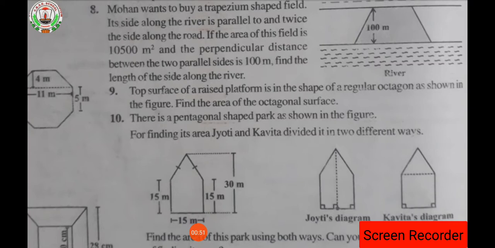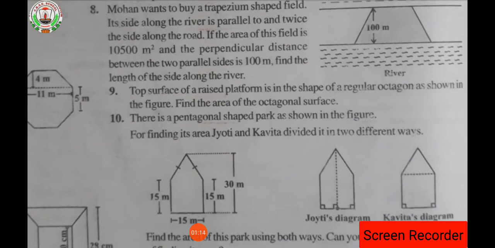That means here you have to find the area of the floor, which is in the form of a rhombus. The area of the rhombus will be multiplied with the number of tiles, and whatever result you get, you have to multiply it with the cost 45. Clear? Now question number 8.